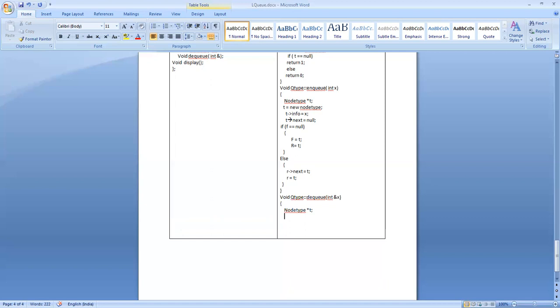Then how do you know it is a single element queue? If it is a single element queue, then front next is pointing null and rear next is pointing null.